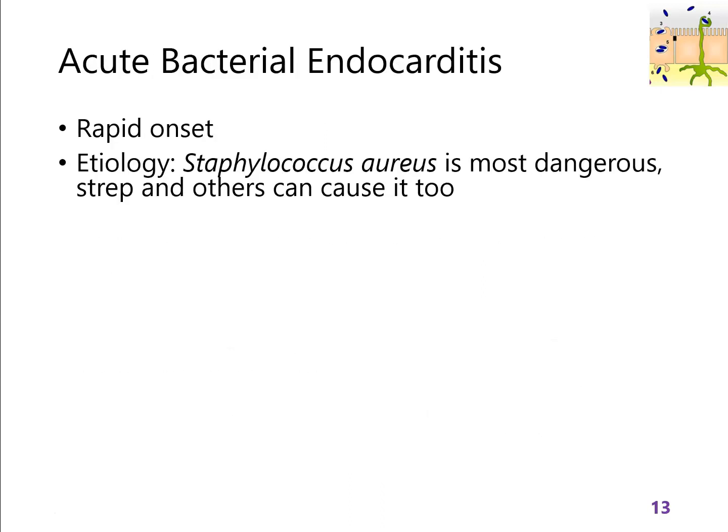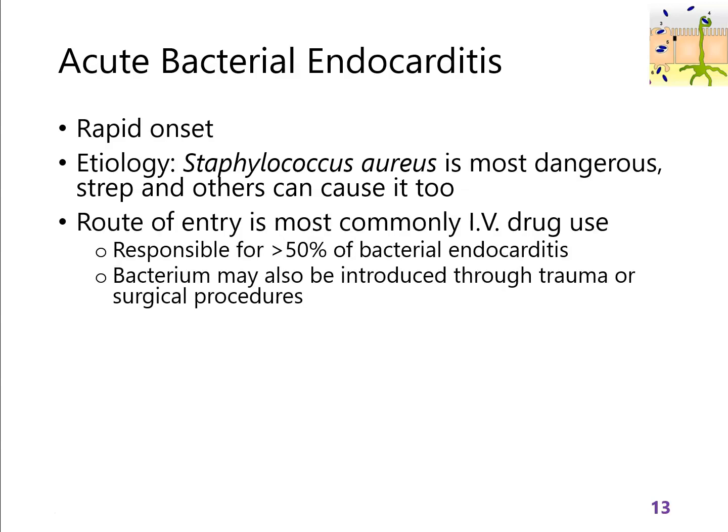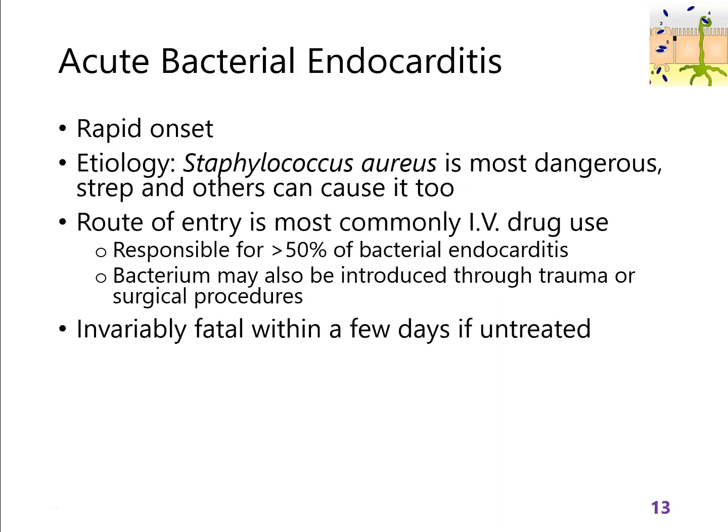So there are 2 types, acute and subacute bacterial endocarditis. The acute type is rapid and very dangerous. It's invariably fatal unless treated. And so the way we treat it is with high doses of antibiotics. How this happens is large doses of